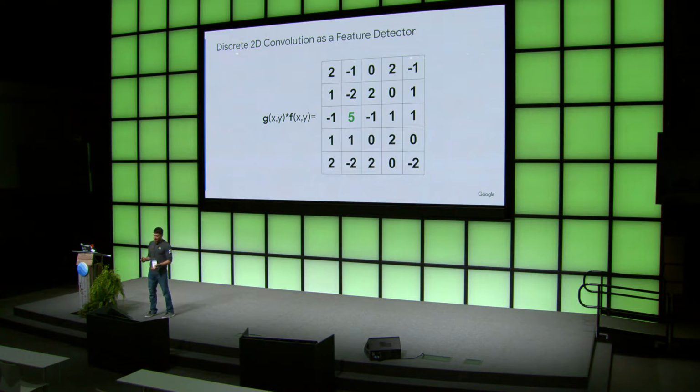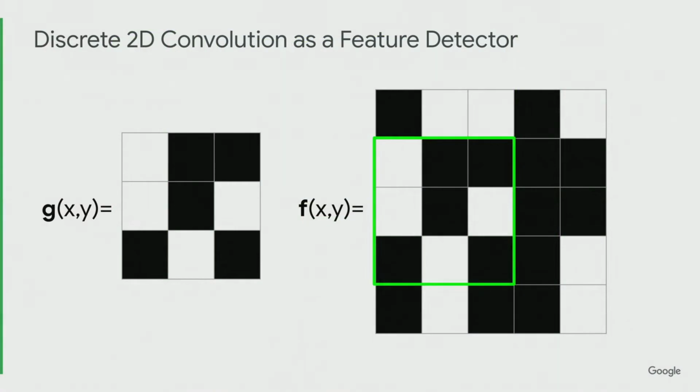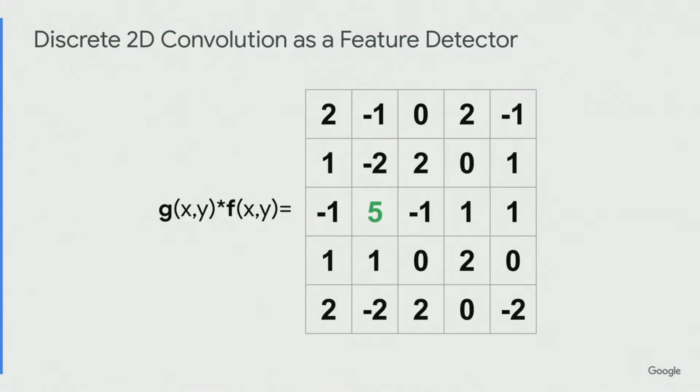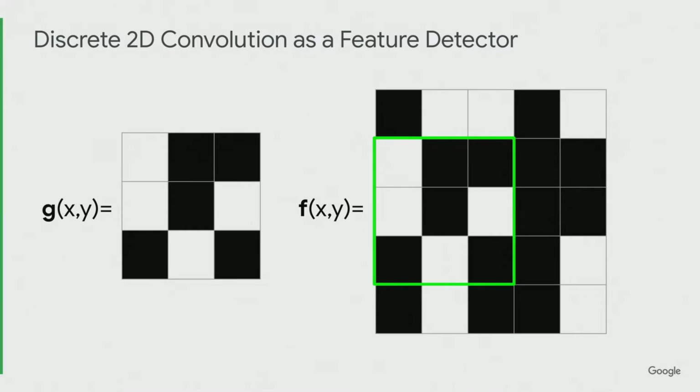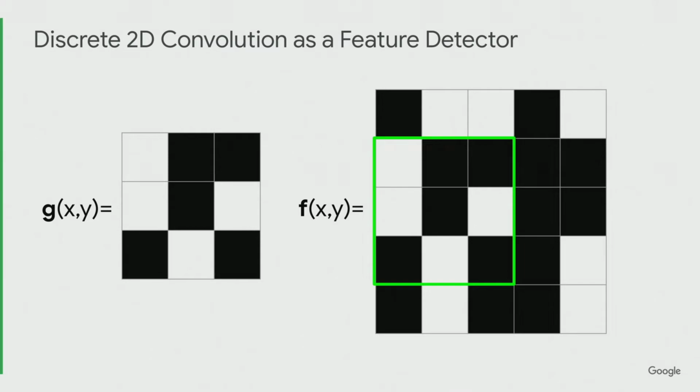So what's interesting about that is that if we look at the shape of G, and the shape of F in that same position, they're identical. So in a way, we've defined G to be that which we're searching for in F. And then we've slid it over F, and we got the largest activation where they were equivalent, or most similar in this case. So actually, before I go over to the next slide, this is a very basic interpretation of convolutions as feature detectors.